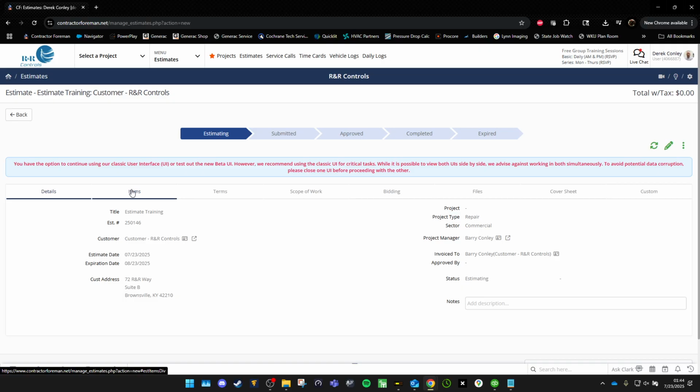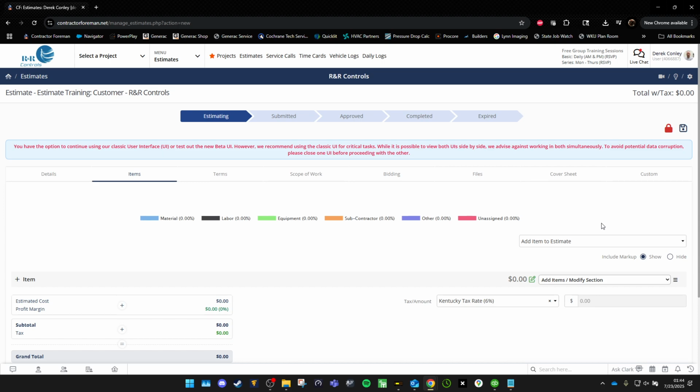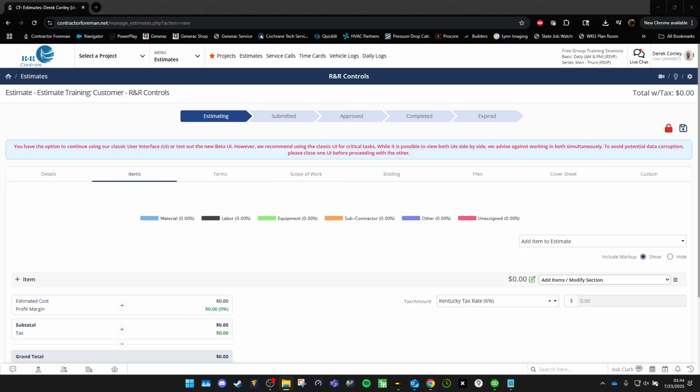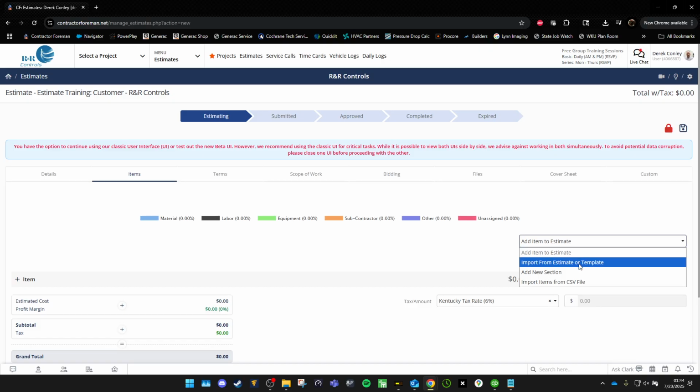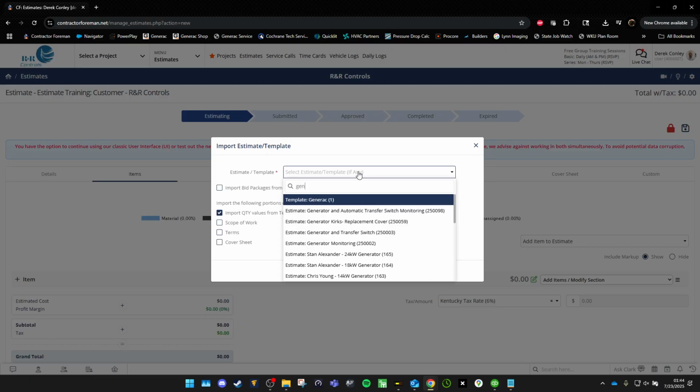So now we're going to go to items. This is where it gets a little funky. So there's numerous ways that you can do an estimate. Let's say that it's a service estimate, and I'm going to cheat. Here, let me do this. I'll pull a generator estimate first. These are my templates,